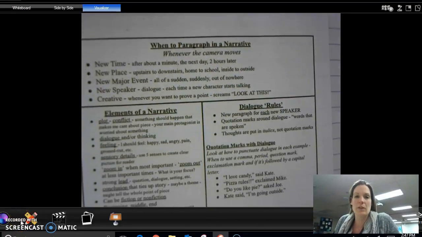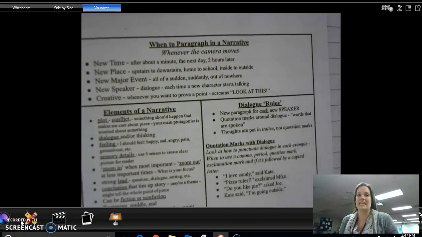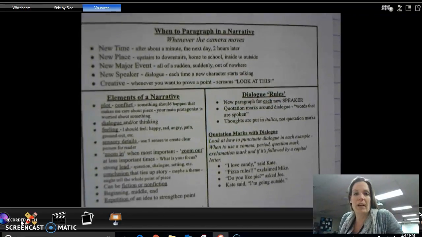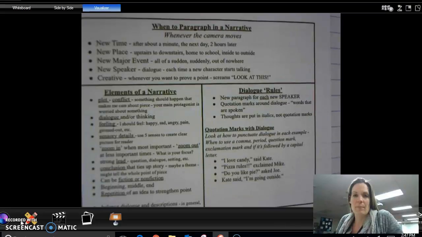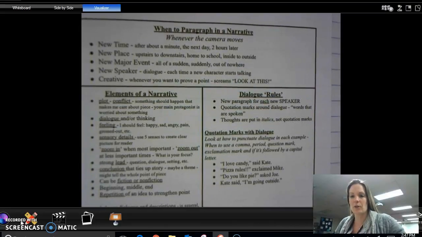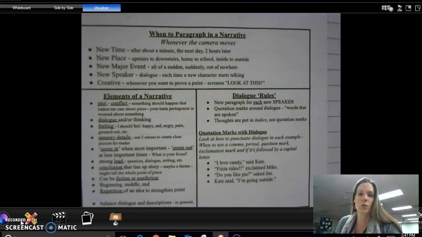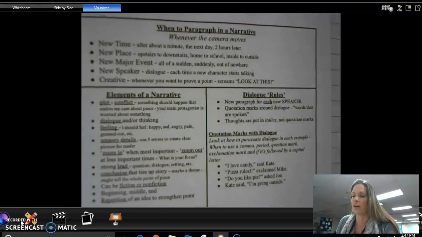In this mini lesson, we are going to talk about paragraphing in a narrative specifically. We have talked about this before, but I want to reiterate paragraphing. There are two different locations that you have resources for this. One is on page 92 of your resource journal, where you have the How to Paragraph a Narrative, which we'll